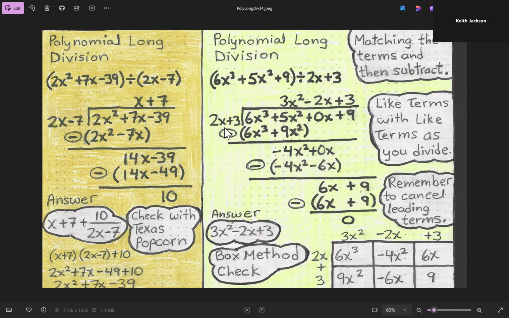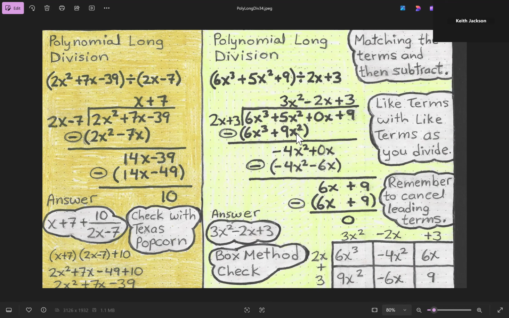And so all we have to do is take a look at this 2x, and we're going to figure out what number times this 2x will give me this 6x cubed. And that answer is 3x squared, because 3x squared times 2x will give us 6x cubed, and we're going to take that 3x squared and multiply by that 3, and that will give us 9x squared right here. And so we're going to put it into parentheses and subtract it, right, which changes the signs of everything inside the parentheses. And so right here, this would be a 0, this would be a negative 9,